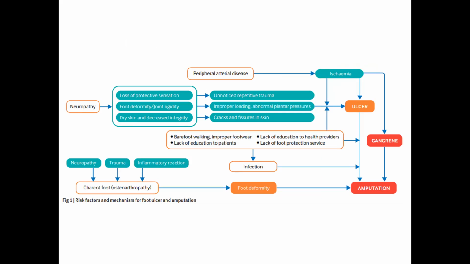This is basically the same that I have discussed so far, how the patient develops neuropathy and then ischemia, and how both of them contribute to ulcer, some leading to amputation through the process of gangrene or directly. Any background of neuropathy and even trauma can lead to foot deformities of various types like short foot later on, and then that can also lead to amputation. So a little bit of a summarized flow chart.